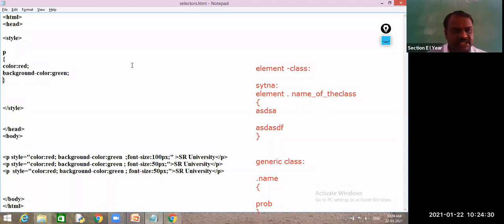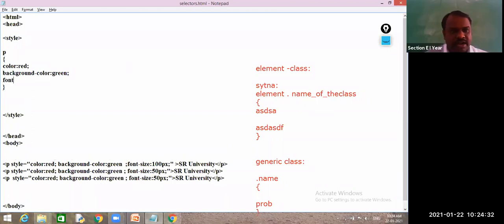But if I change this to font size 100 pixel, then which property will apply? This first one will apply. If I change it to 50 pixel, this one will apply. But what is my requirement? Around 75% of these properties are the same. Only one item is different. Did you observe this or not?